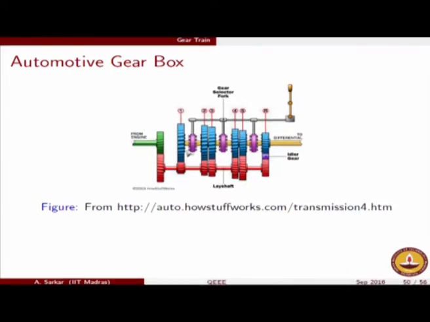Thereby we see that our original problem in a vehicle was that we want diverse conditions of torque and speed, dependent on the driving condition and the driving habits. Using this gearbox arrangement with 5 or 6 gears, we are able to get that. Depending upon which gear is engaged to the output shaft, you are able to attain any combination of torque and speed that you want.